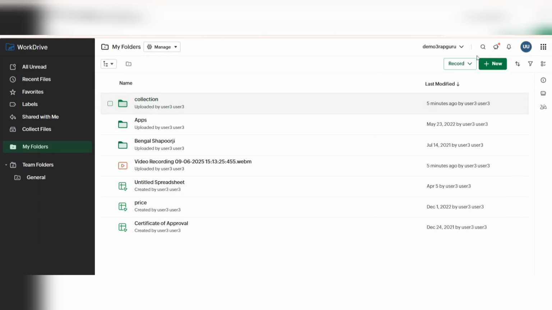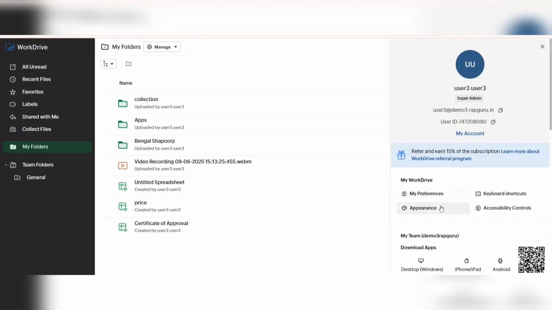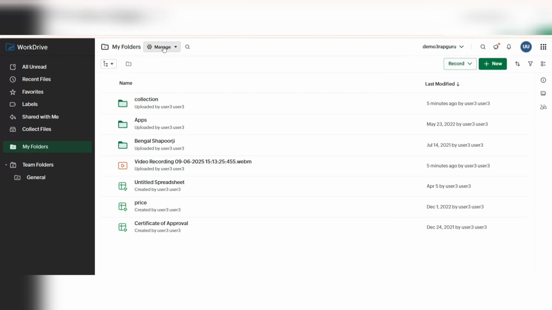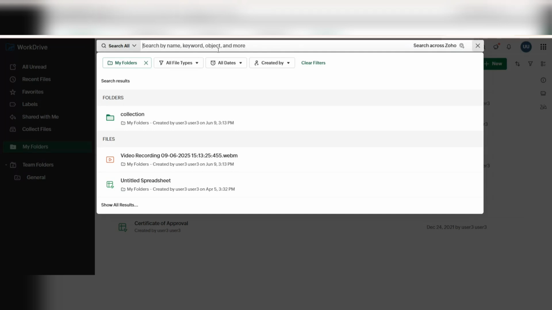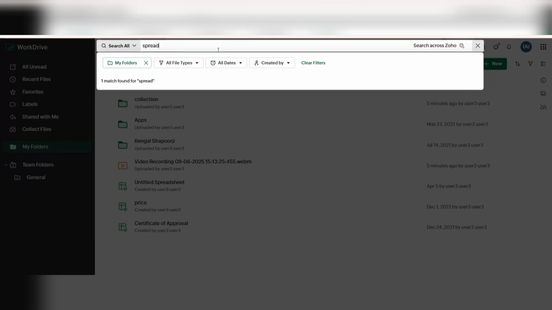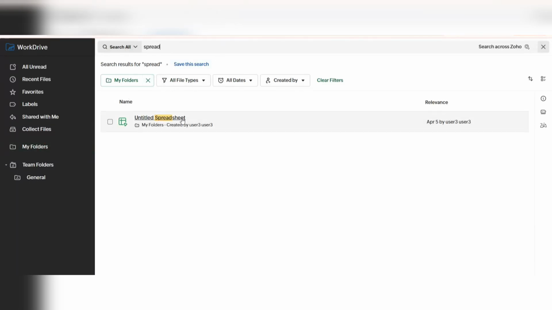And then we have the option of Preferences. If you have any preferences like changing color or something, basic preferences you are able to change. And if you want to manage your folders in the trash, you have filters like Trash and Shared items in the left corner. If you want to search for any other folders, like the name of a spreadsheet, it automatically gives you the file types and dates, and you can filter and search by here.